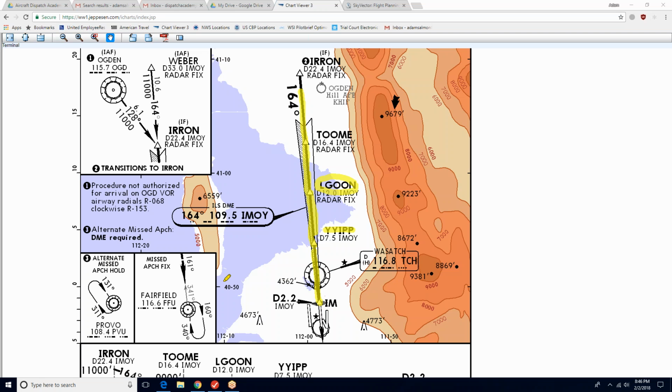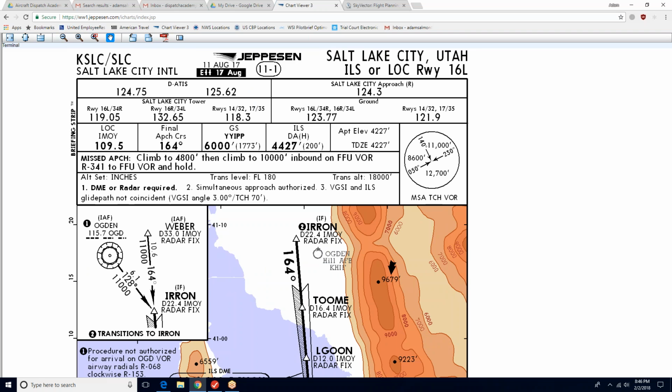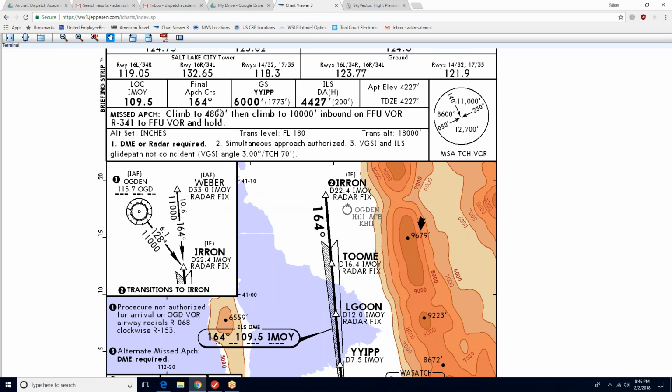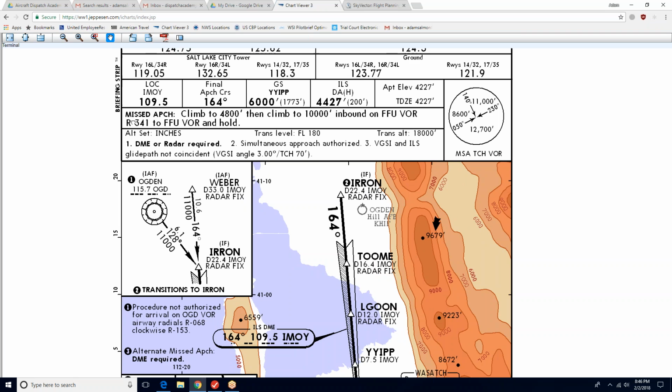Now, going back over to your question about the missed approach, if you come over here, you can see the actual layout of this missed approach procedure. The reason it has those different instructions, like climb to 4,800 feet and then climb to 10,000, is because once you get to 4,800, you're not only continuing to climb to 10,000, but you're also turning. Even though it doesn't say turn here, this is where you have to turn onto that 341